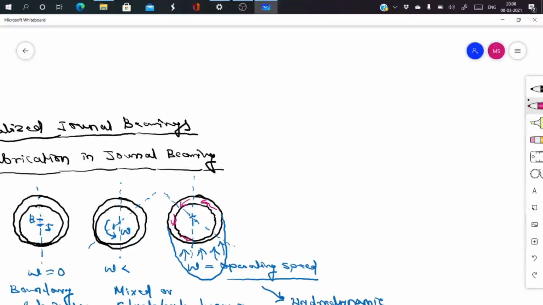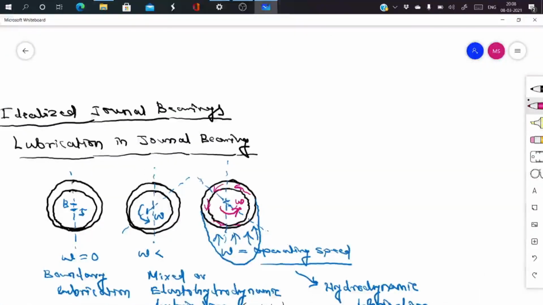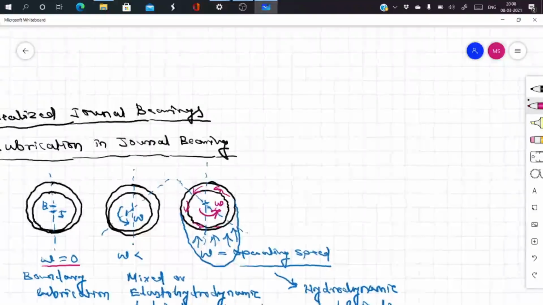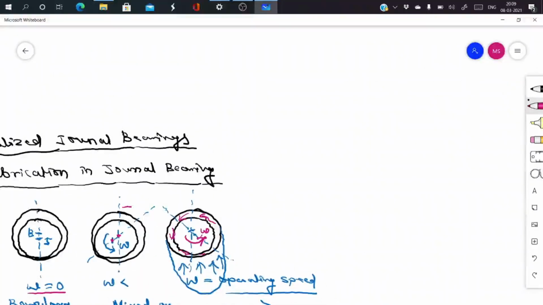Okay. So in the converging zone, the pressure will develop as the journal rotates in this direction with operating speed omega. Now in these three diagrams, you can see I have connected the center lines of journal and bearing, which is completely vertical because the speed is 0 or almost 0. Slowly, when the speed increases, the journal will try to climb over the bearing surface. So the journal center and bearing center, if you connect them, will fall towards the right from the vertical axis.